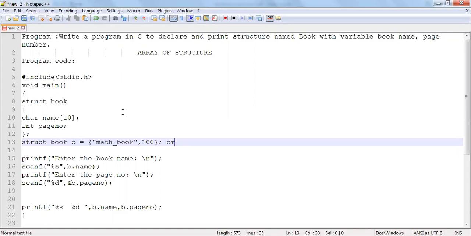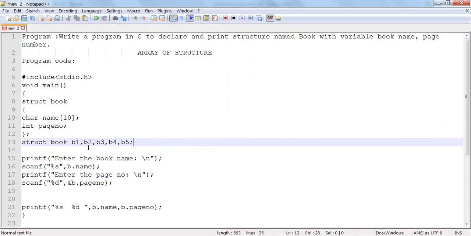If I have five books, what I can do is create five variables, that is b1, b2, b3, b4, b5. I can create five variables, and similarly I will take the values for b1, b2, b3, b4 and b5. For the time being, I am not doing this.